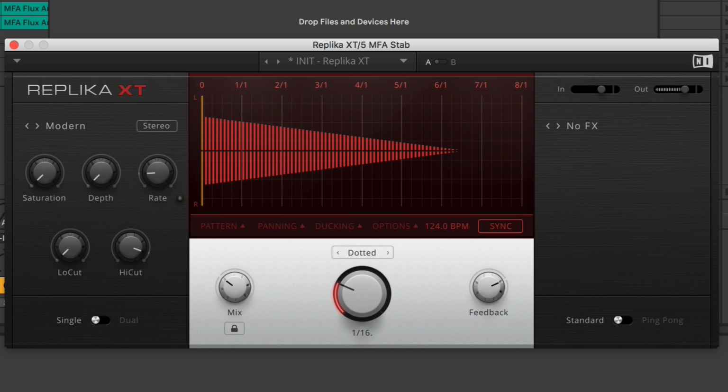Now, the default REPLIKA XT delay line mode is modern, and as I increase the saturation, you'll hear a bit of grit added as the feedback increases. I like to bring the low cut up, and this allows me to carve the frequencies out of the feedback line. And I don't want them very muddy, so I tend to leave the low cut up a little bit,